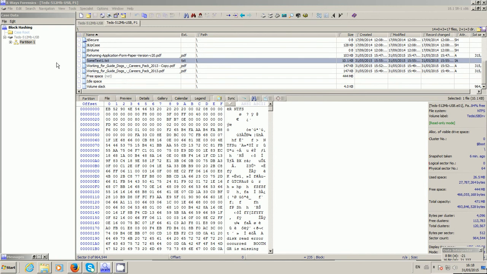What I've set up already is a USB drive, and I've downloaded some information about guide dogs, and I've copied about 12K of text from one of them into a text file. And those files, as you can see, are live on the file system as normal. But what I've done is I've taken a few K of this file, some text 1. I've taken a couple of sectors of data from there and written it to the free space of this